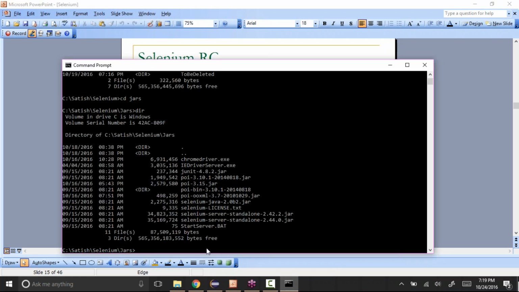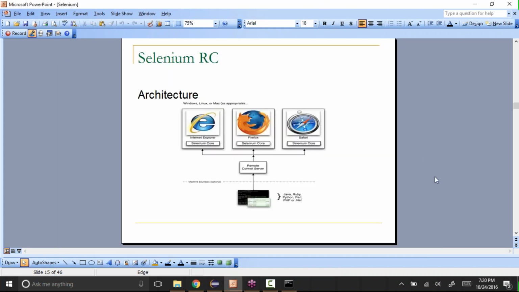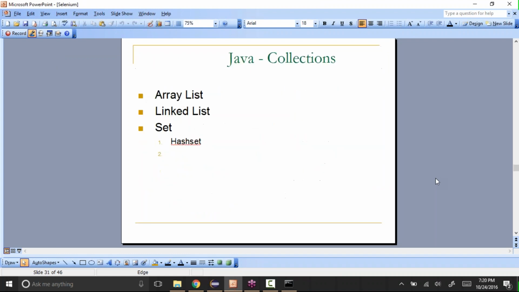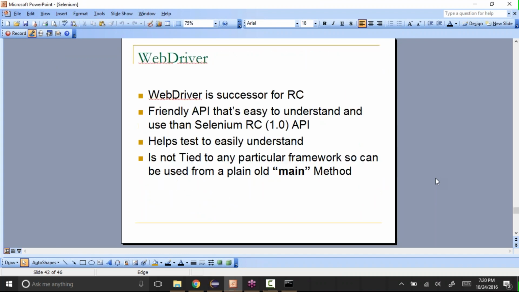Okay, we can go here and say java -jar, and we can start that jar file. We were starting it with the jar file. But that's not the case with Selenium WebDriver. We don't even need to start a browser server. Instead, we can directly associate it and it will take care of it. We don't need to start any servers. Okay, so let me go back to our,